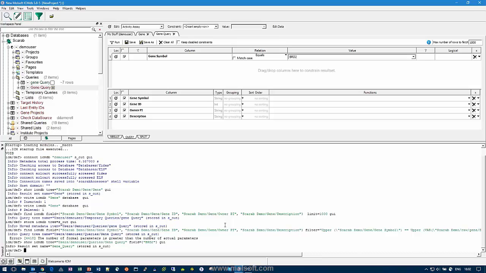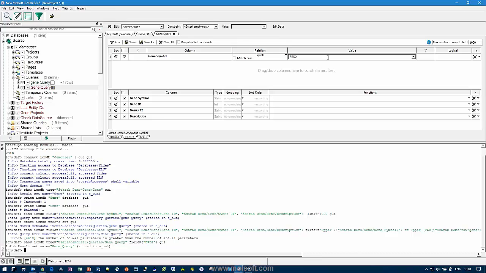Can you explain the option called lists and how to use it? Yes. I'm not going to demo that right now, but lists are a way of creating, in your own space, a list of objects like IDs, for example. In this example, it might be a list of gene IDs, and then you can drag and drop that list into this part of the query builder and constrain by a list of things. That's quite useful if you have, for example, a standard list of genes that you want to find